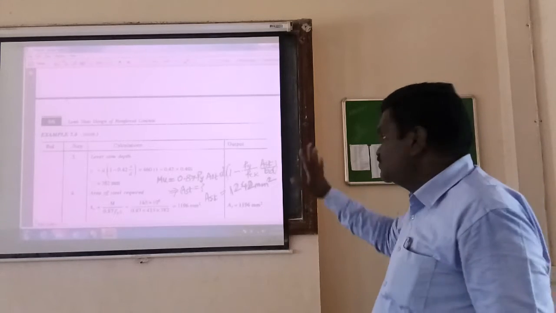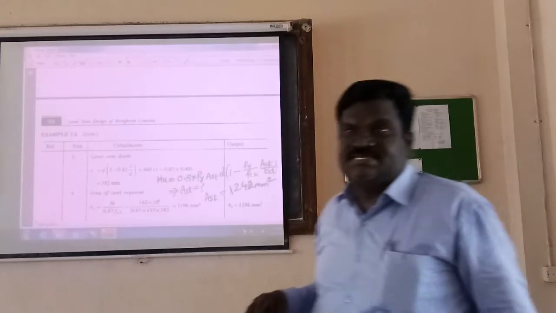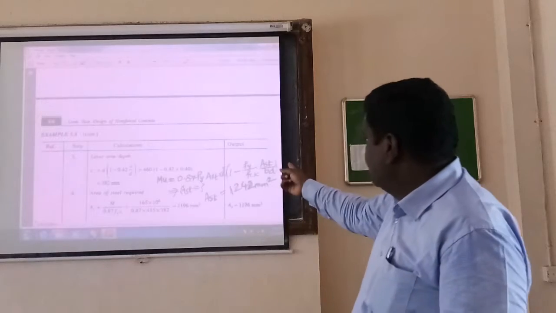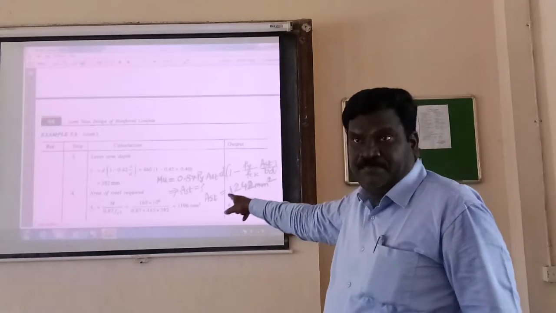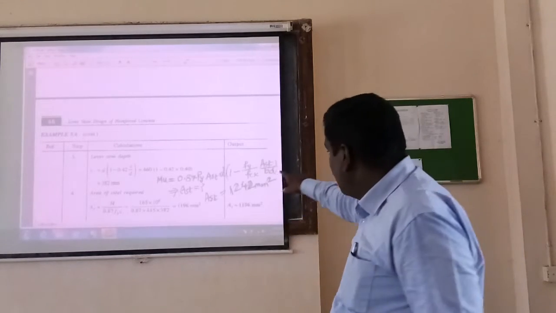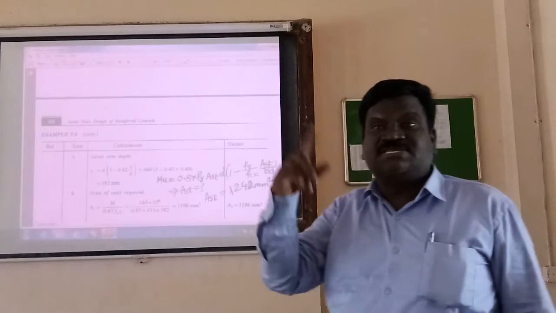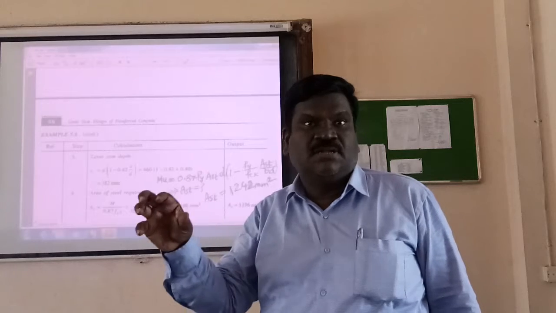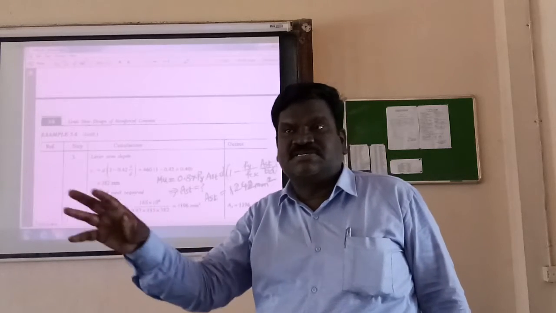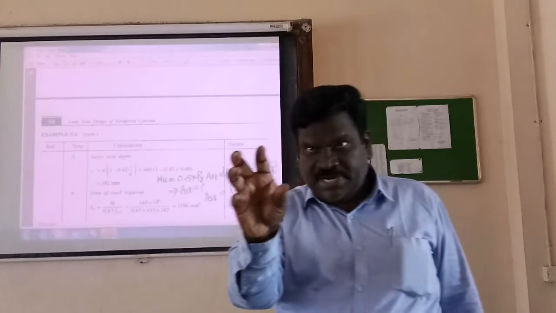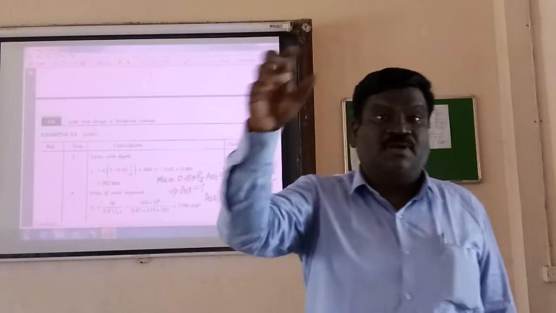Okay, in Newton. Substitute them. Determine what is AST. If you substitute, you will be getting a quadratic equation because AST is there outside the bracket and inside also AST is there. If you take AST inside, you will be getting some constant AST square, minus or plus some constant into AST, plus or minus some constant is equal to 0. You are getting a quadratic equation.